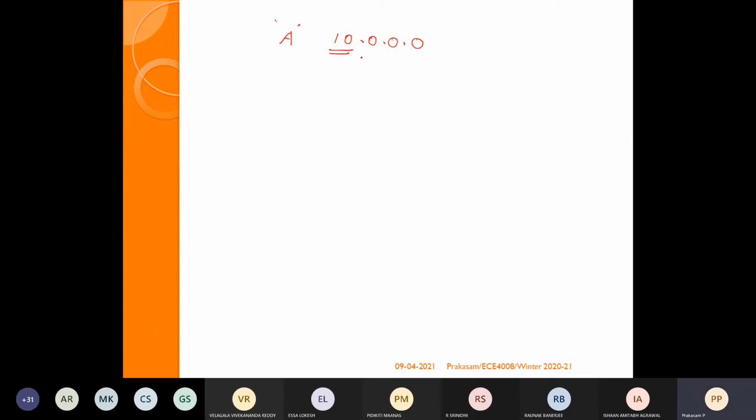In a class A, we have seen the first field is the network ID, the remaining is the host ID. Suppose we are going for subnets, we should not touch the network ID. From the host ID, we allocate a few bits for the subnet and the remainder for hosts. For example, here we have 8 bits, and here 24 bits. I need 4 subnets. So how many bits should I allocate? Suppose out of these 24 bits, I allocate 1 bit.